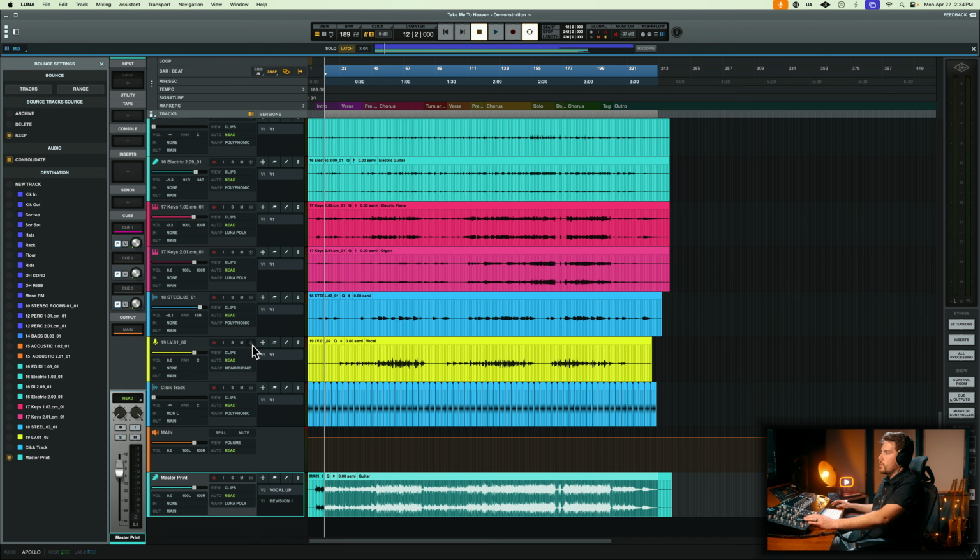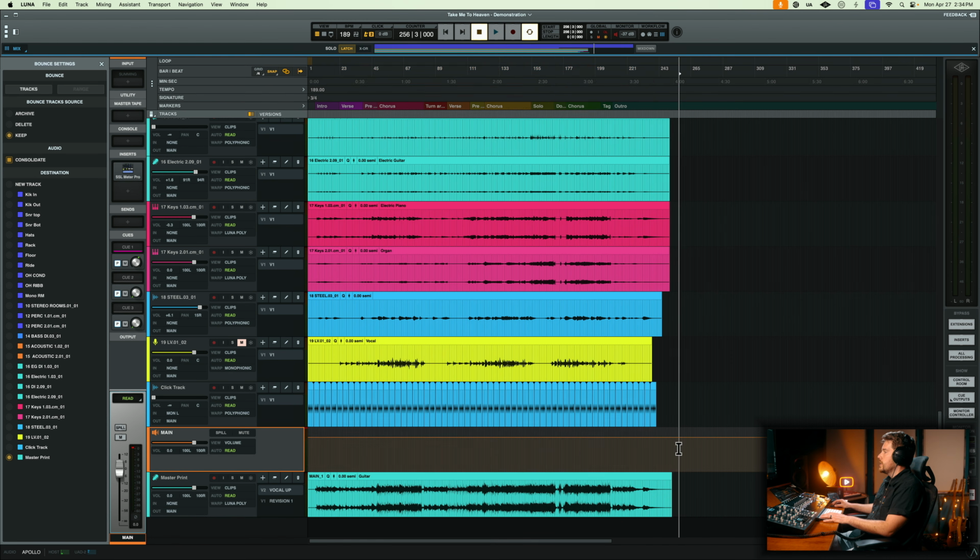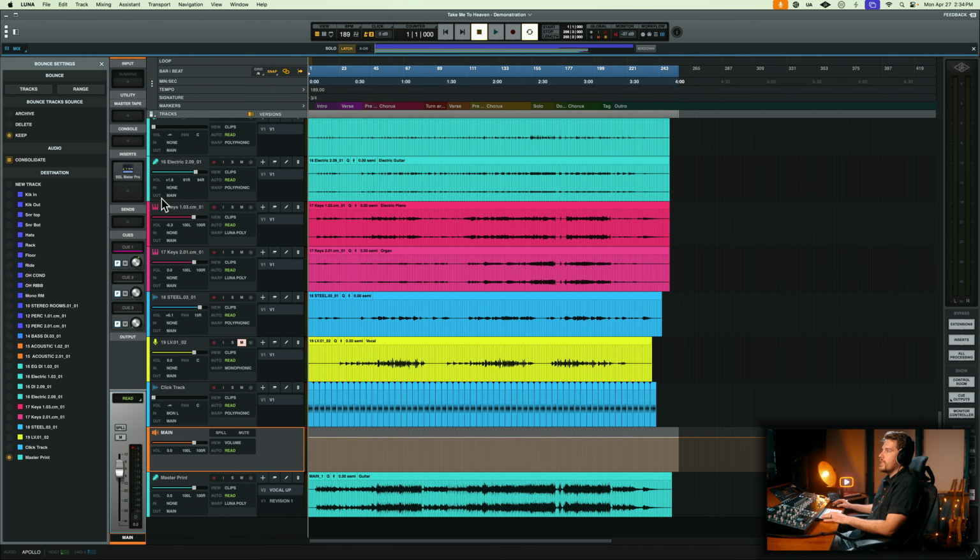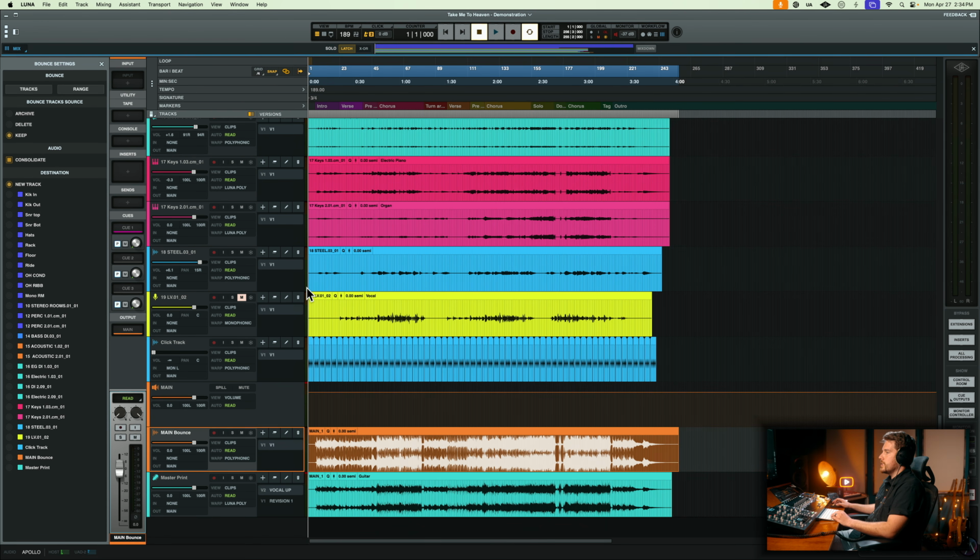And I usually take it one step further with mine, and I'll mute out the vocal and all the background vocals, etc., and I'll do another print, right? And this time I will do a new track. I'll do another print here for you guys. And once that's done, you can see it's another main bounce here. I'm gonna call this one